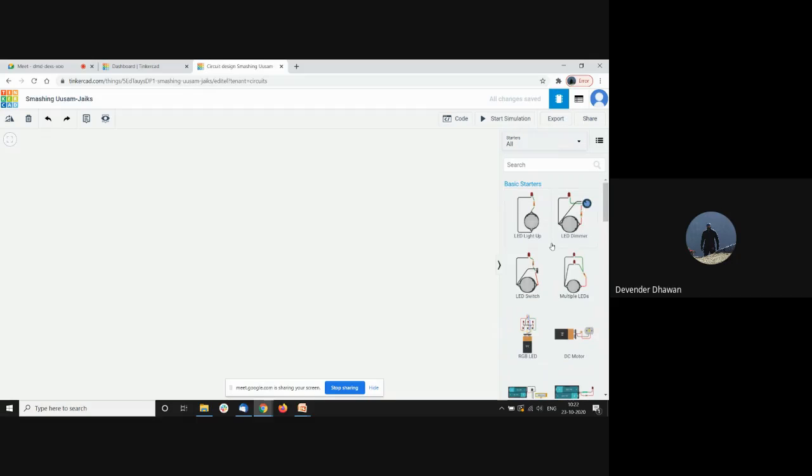Then these are categorized as all. So we have basically everything to just put in a simple embedded system. Okay,